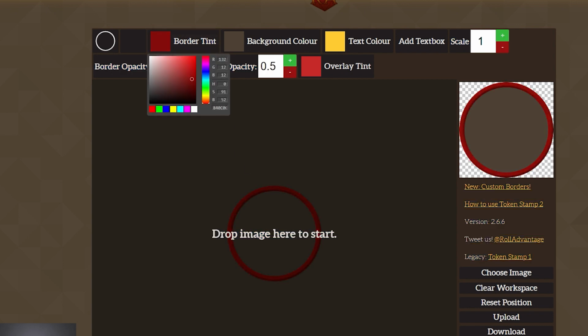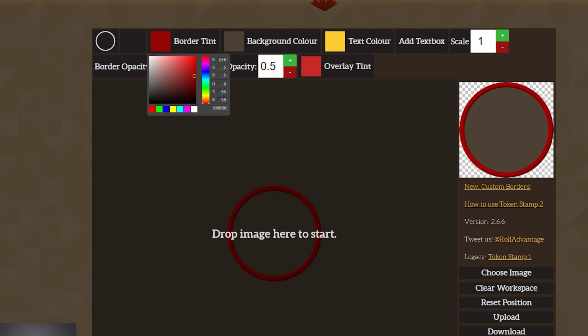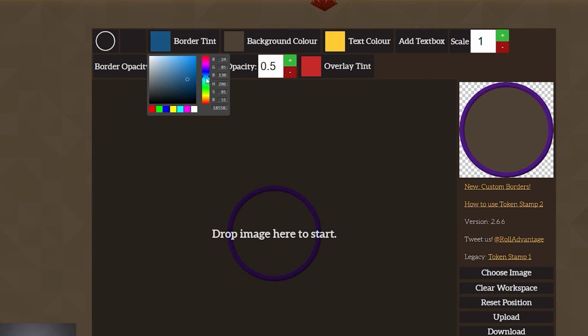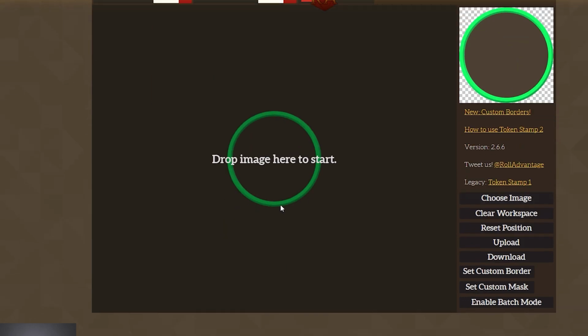So go in here, choose a color style. The way I like to do it is I like to make neutral or NPCs white. I like to make enemies red, and any sort of ally or anything like that, either a blue or a green, so that it makes it easy for the players to look at the map and know exactly who is on their side and who isn't. We're going to say this guy's an ally because he's a paladin. I'm going to make it sort of this green color, pick that,